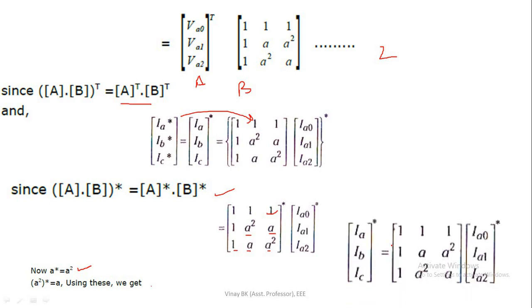So next, what you can get is that IA, IB, IC whole conjugate you can write as the matrix 1, 1, 1, 1, A square, A, 1, A, A square into IA0, IA1, IA2 conjugate. Here IA0 is the zero sequence current, IA1 is the positive sequence, and IA2 is the negative sequence. Give this as equation number 3. Once you have the voltage and currents, multiply equations 2 and 3, you can get